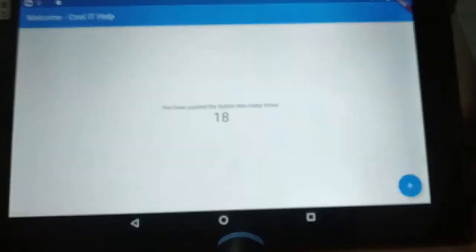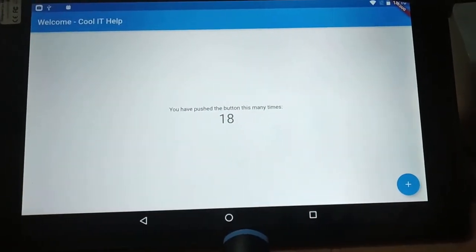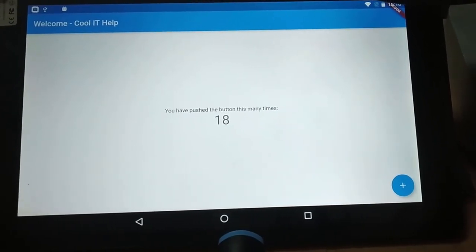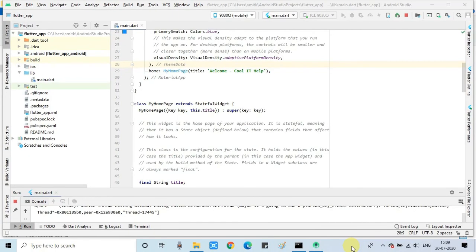So guys, this is the way you can run your application on the device directly, and the purpose of this tutorial is to show you the problems you are going to encounter when you are running it first time on your device.